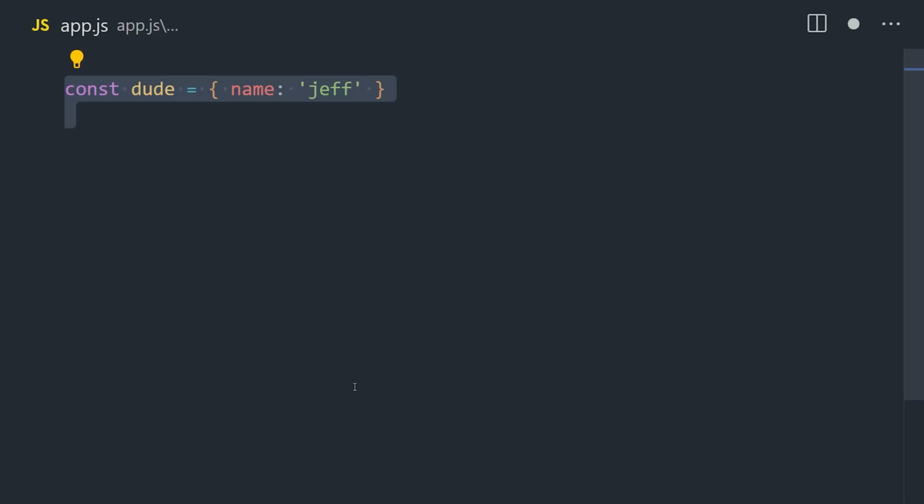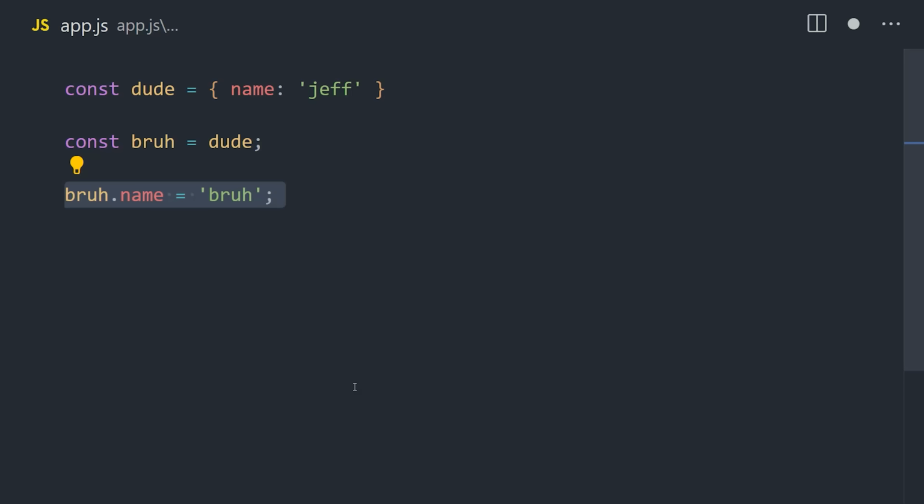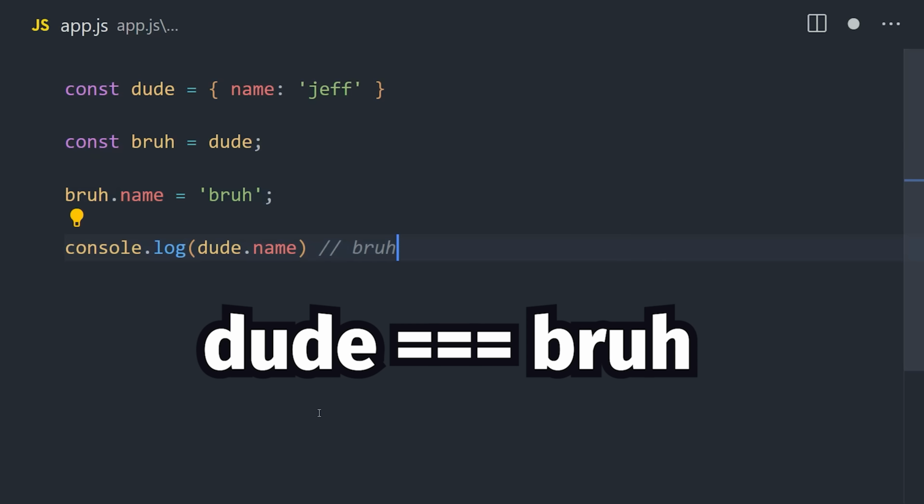One thing you'll eventually have to do is copy an object. In JavaScript, objects are passed by reference, which means if you assign one to a new variable, you're still going to reference the same original object. If you modify a property on B, it will also modify the property on A because they're the same object